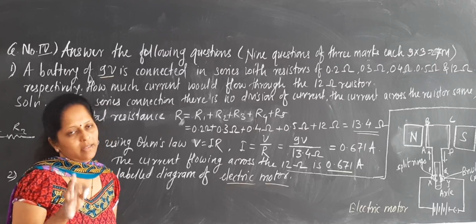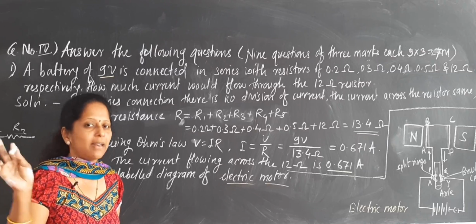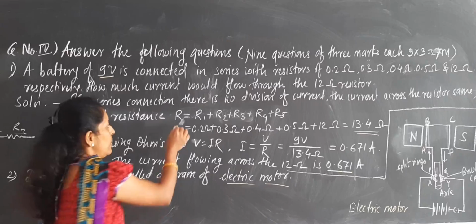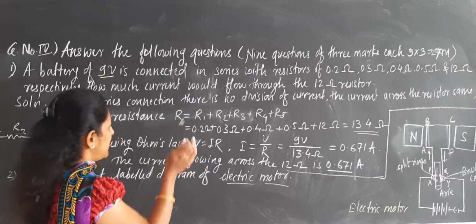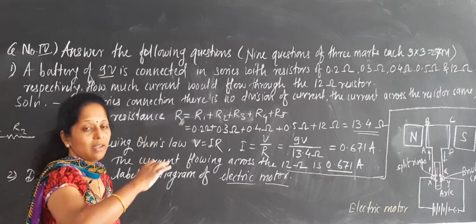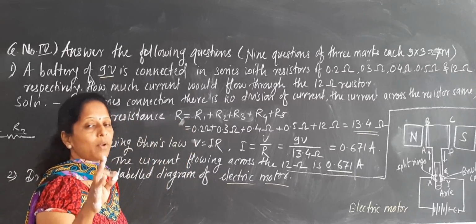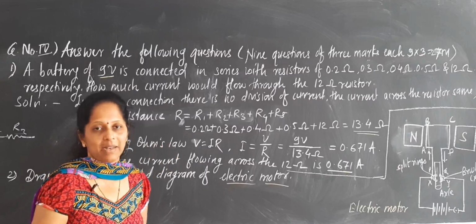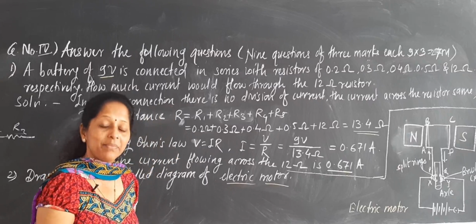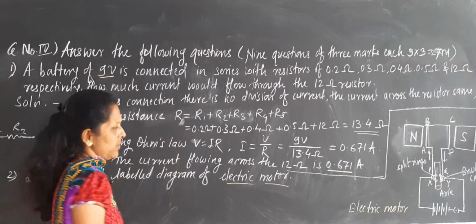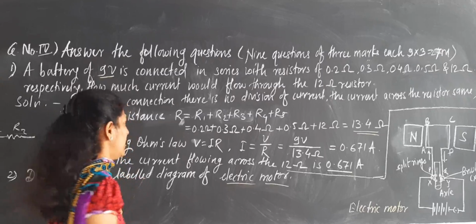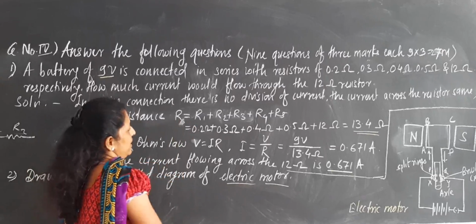RP means the total resistance when in parallel, P for parallel. So write RS here; otherwise, if you don't write it, that is also okay, no problem, because in some problems they ask for both series connection and parallel connection, and at that time you should write RS and RP. Here they only asked for the series. So if you are not writing it, that is also okay; otherwise, if you are writing, write RS only.